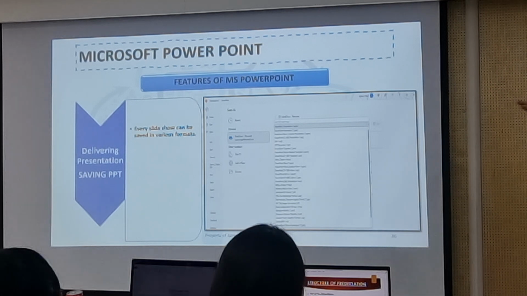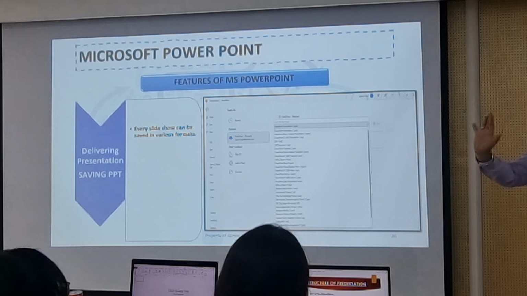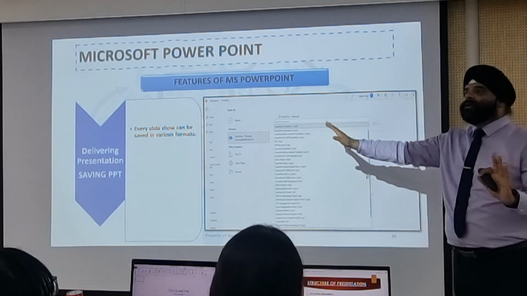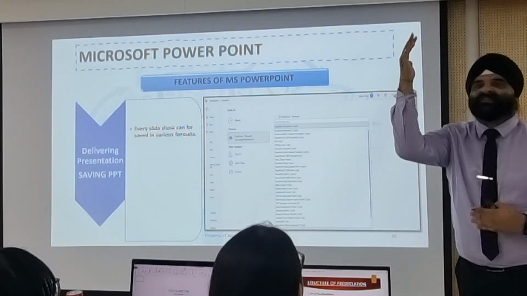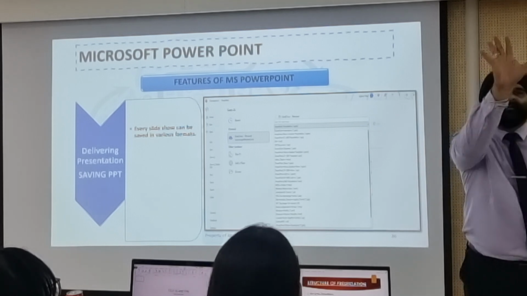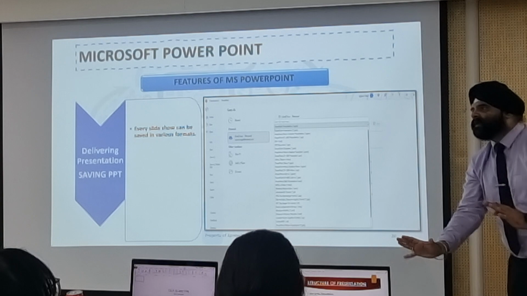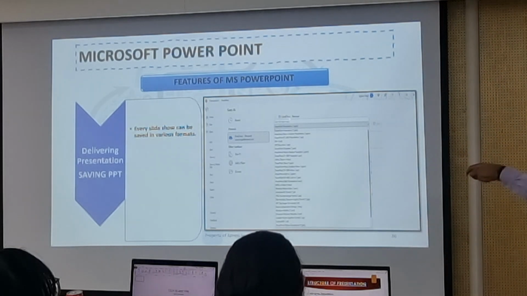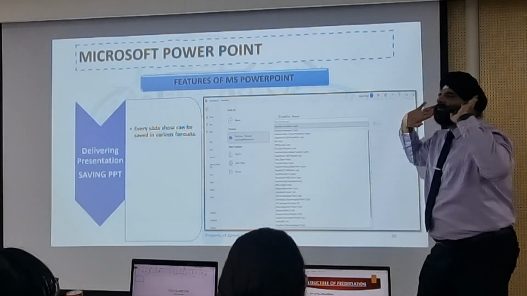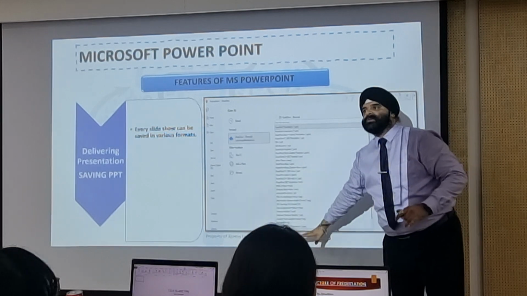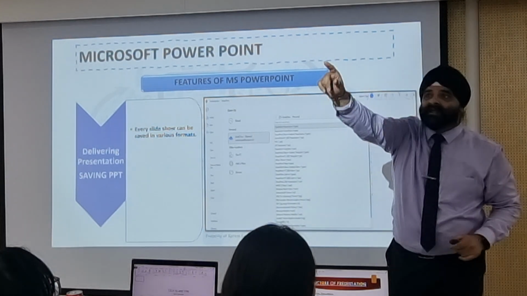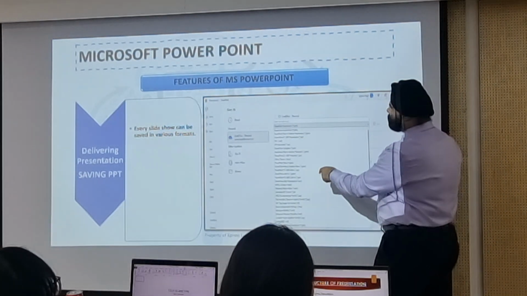PDF, you all know, is a document kind of a thing. It will not have those slide effects, animations, transitions. It will not do anything. In a PDF there are just pages, so if the PPT has 8 pages, only 8 pages will come. That is a PDF document. So there are at least about 40 different ways you can save this presentation and share it with your client. And the best one is